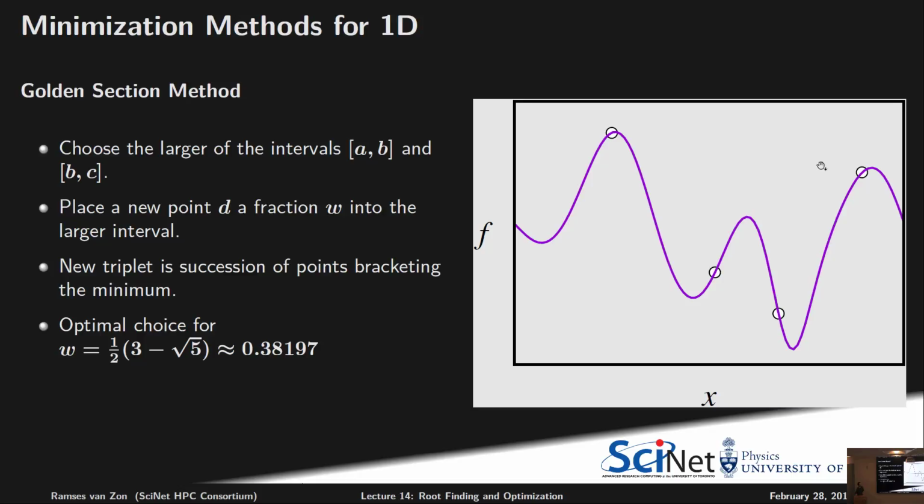This one goes down and up, and so I take these 3 as my next set of points. I'll do the same thing. I'm going to look at which of these intervals is the largest, and I'm going to go a fraction w away from the midpoint in it. It turns out that this is the largest interval, and so the new point is here. And I can do the same thing. I can see, okay, which of these form a bracketing? Well, this does not, and this goes down and up, so this here again